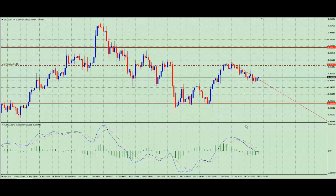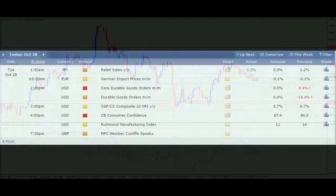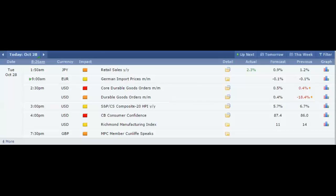If we flick over to the news, we can see that for the US dollar Swiss franc trade, there's US dollar news coming out today that's significant. At 2:30 today, core durable goods, and at 4 o'clock there's CB consumer confidence. What happened last month was they were negative, especially the durable goods orders, minus 18.4. So if we get some more negative news on the US dollar,